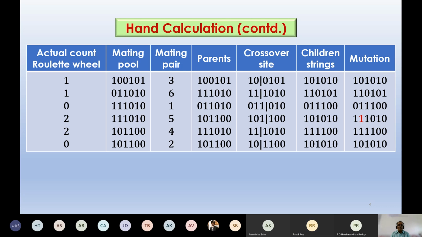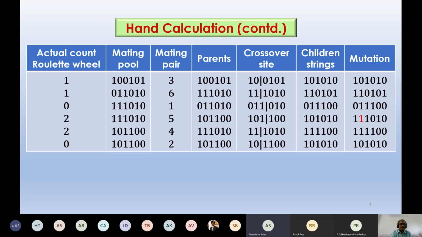Have you understood the working principle of binary coded GA? Can you give me the certificate that I'm able to give you 100% information? Sir, here you said that PC was 1, so we can say that all the 6 members have participated. Yes, all the 3 pairs.